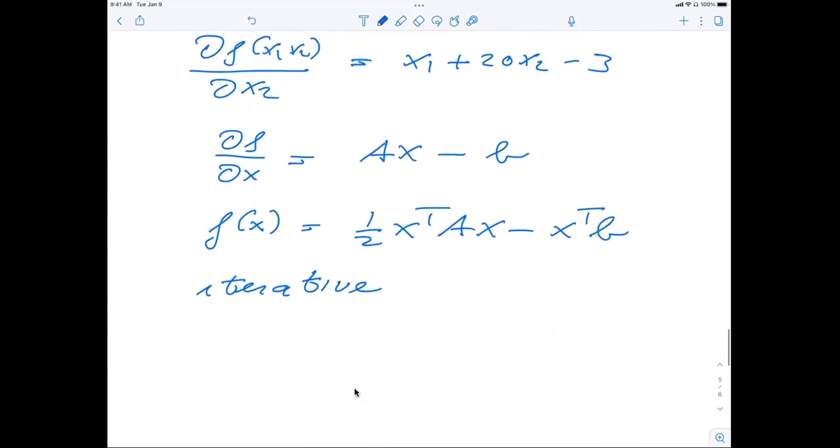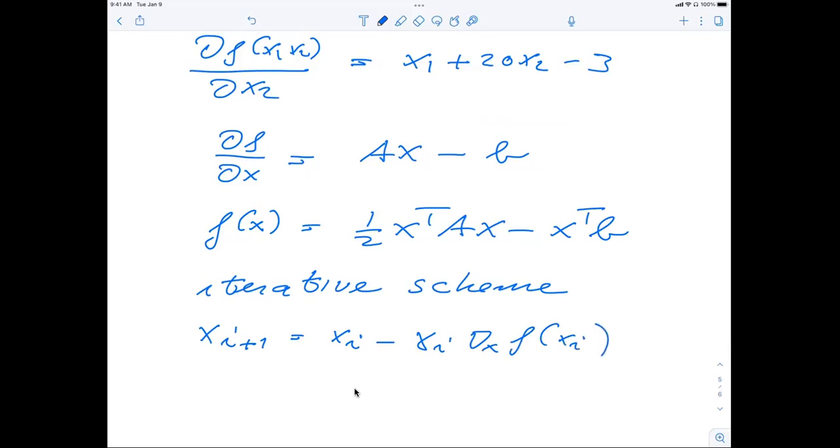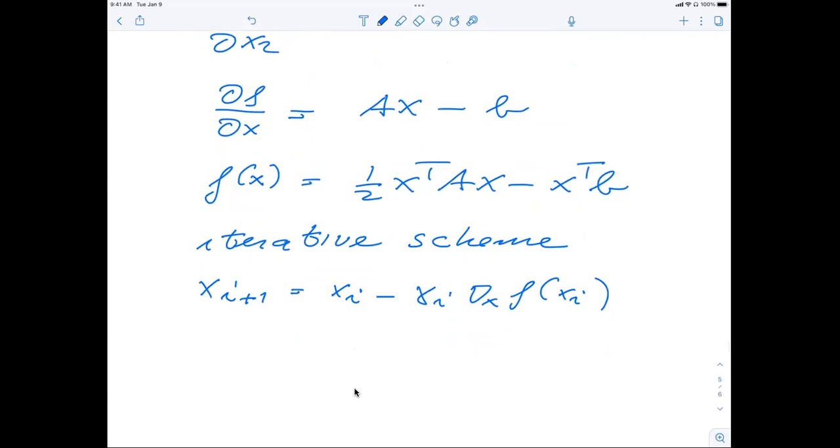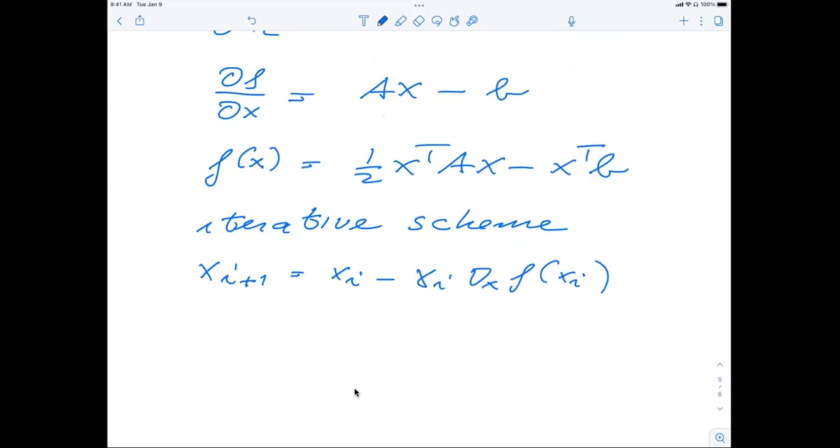But let's take a look at the iterative scheme, which we're going to set up. So the most brute force way is actually to use the standard gradient descent, not this steepest descent. So we would have x_i is x_i minus gamma_i, and then we have the derivative of the gradient with respect to x. And now this is calculated for x of i here, where this is one of the values. This is actually given in terms of a vector, and that contains x1 and x2. So for a suitable step size,